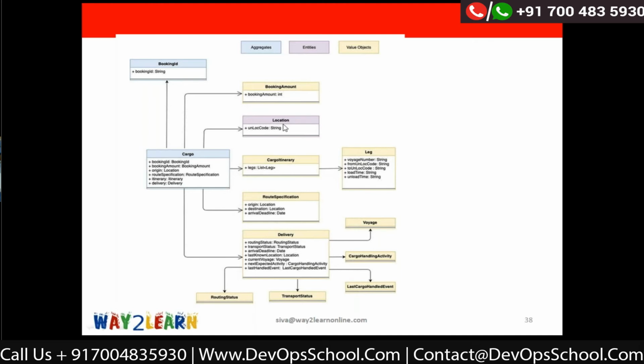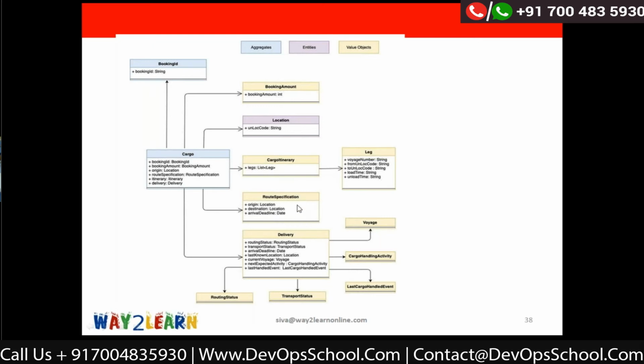This is an entity. And I said cargo will have an itinerary, right? Itinerary has a list of legs. These are all value objects. And my cargo has one more reference to a route specification. Route specification contains origin location, destination location, arrival deadline.